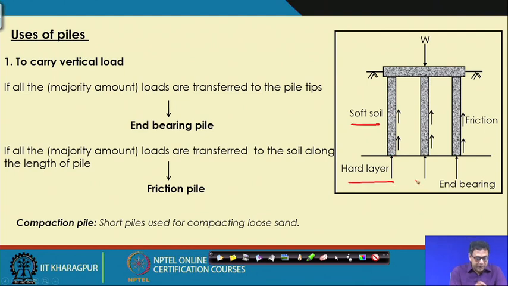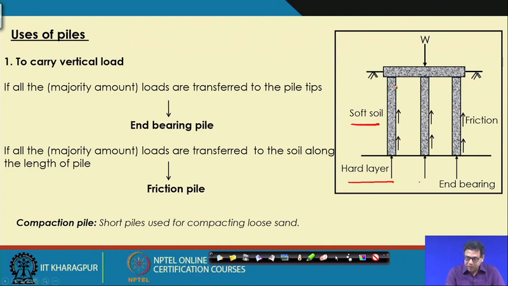So, depending upon the type of loads, the pile can be classified as a compressive loaded pile, that is the vertical load, and depending upon the load sharing, when we are applying the load on a pile. So, this pile is supposed to be vertically loaded. We are talking about a single pile, actually piles are applied in a group. So, we will later on discuss the group pile also.